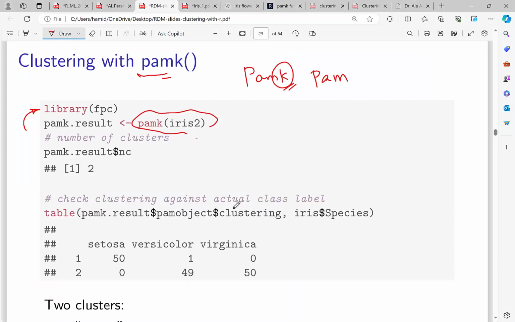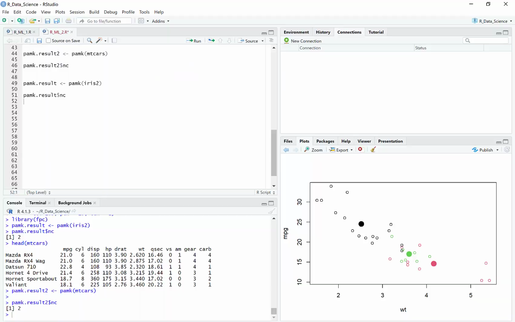So let's continue here. We found the number of clusters, and here we want to check the results of this PAMK clustering with the original one, the species of the iris dataset. So let's check with this code, table PAMK result, this PAM object, as you see, yes, PAM object,